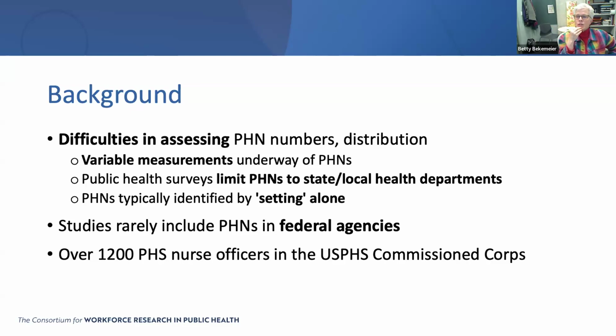But there are real big difficulties in assessing public health nursing numbers and distribution. There's variable measurement of public health nurses depending on the survey used. This includes national and state surveys of the registered nurse, the broad registered nurse workforce, for example. They're surveys conducted by individual states and in national surveys of nurses. And some of our own research has found how varied these measurements are when trying to identify public health nurses